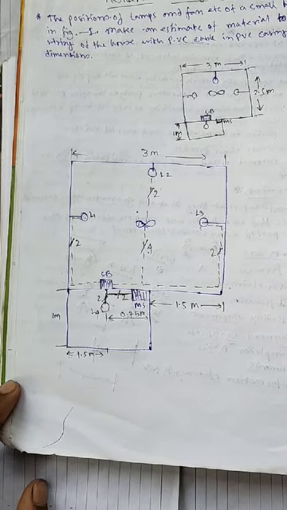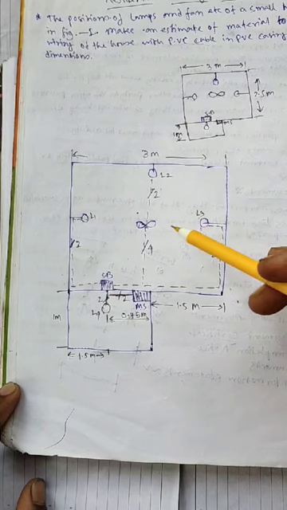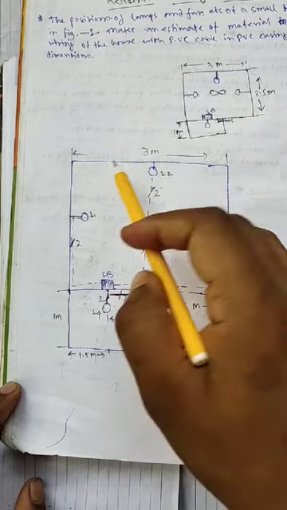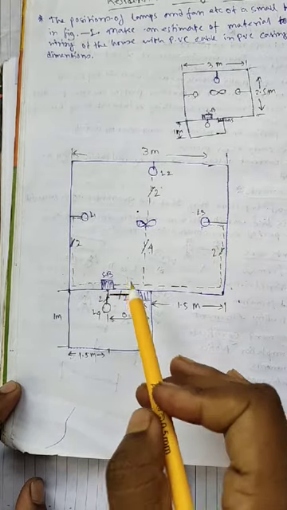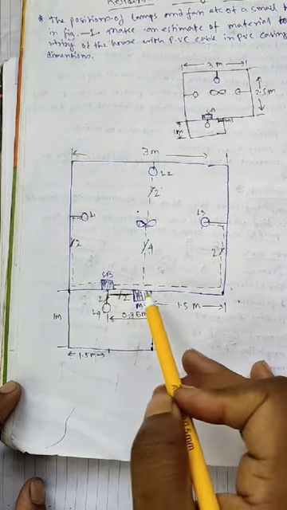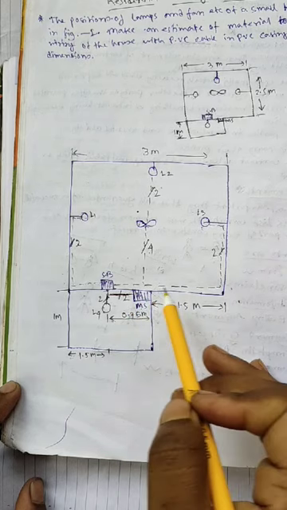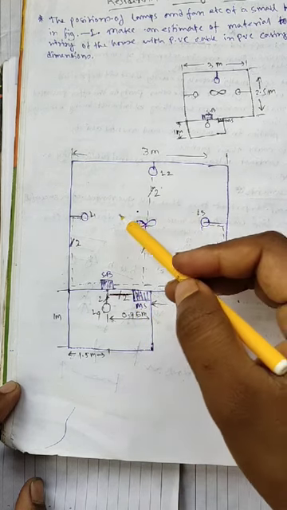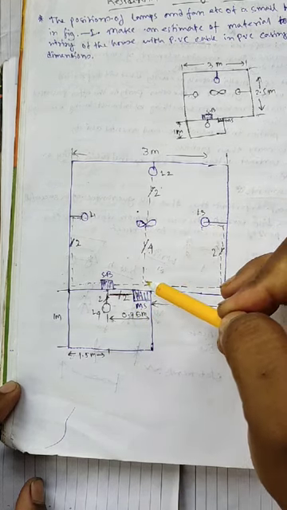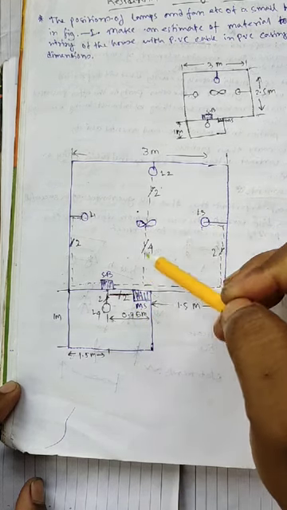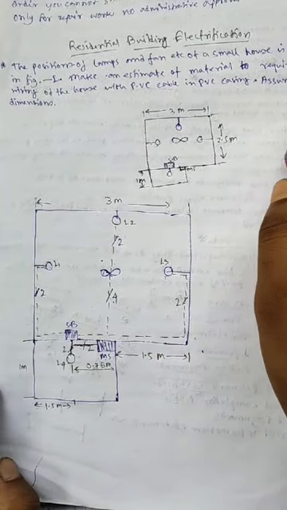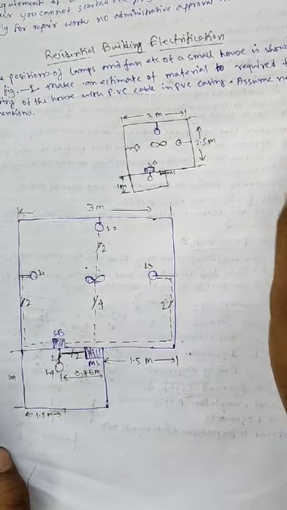Okay, in the last lecture we also drew the single line diagram from the above figure. The single line diagram shows that this is the 3 meter distance, and here 1.5 meter from one wall the main switch is placed, and there are 4 lamp loads L1, L2, L3, L4 and 1 fan load. All distances are mentioned, and they say that we can take a necessary assumption.